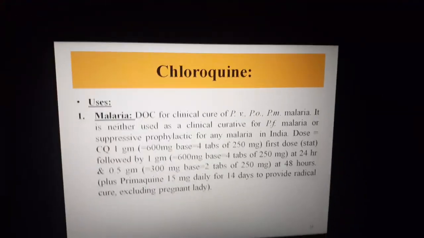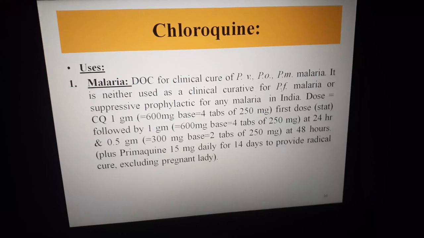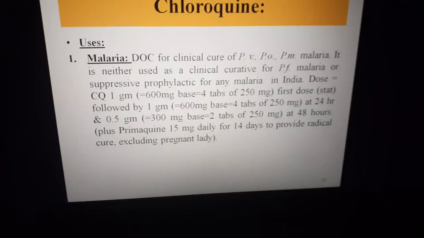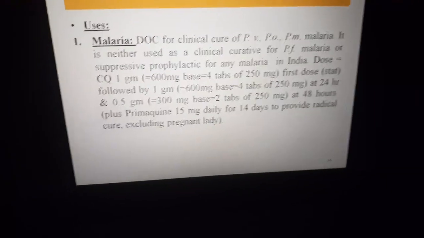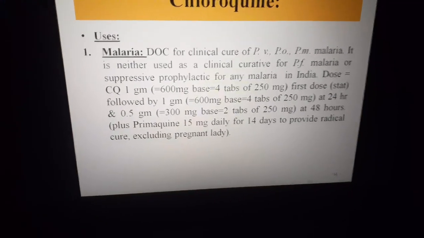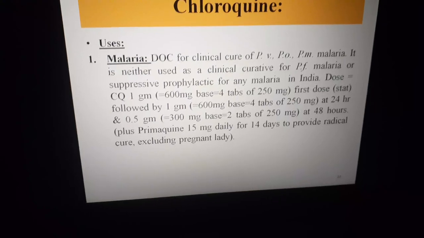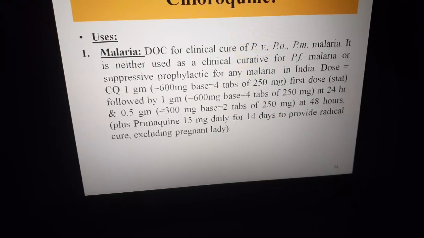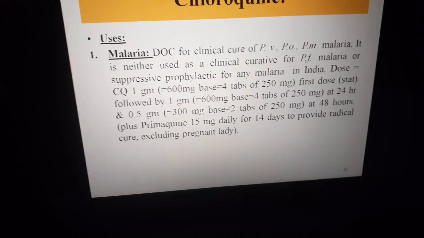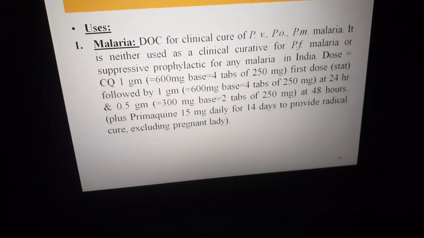How to use this drug? In Plasmodium vivax, Plasmodium ovale and Plasmodium malariae, it has to be used in a 3-day schedule. The first day schedule consists of chloroquine 1 gram, that is 4 tablets of 250 milligram chloroquine phosphate, or you can say 600 milligram base, first dose, followed by again the same repetition of the same 4